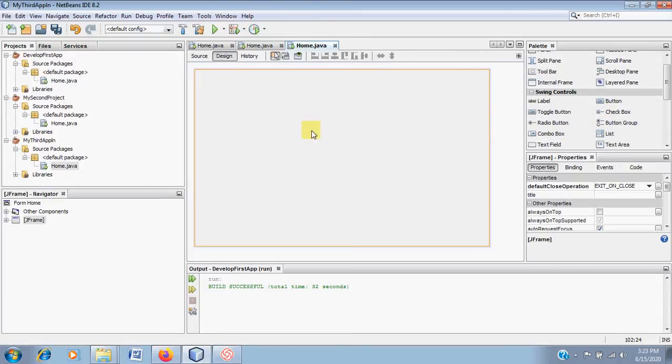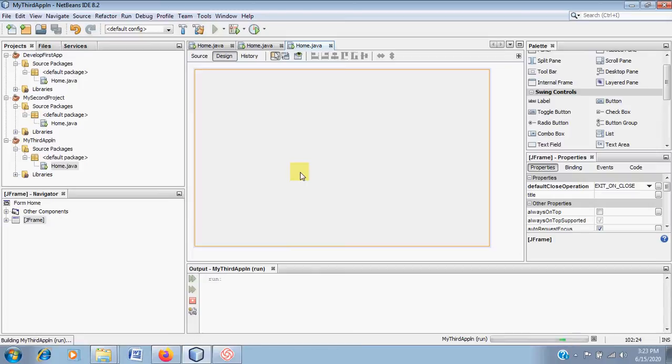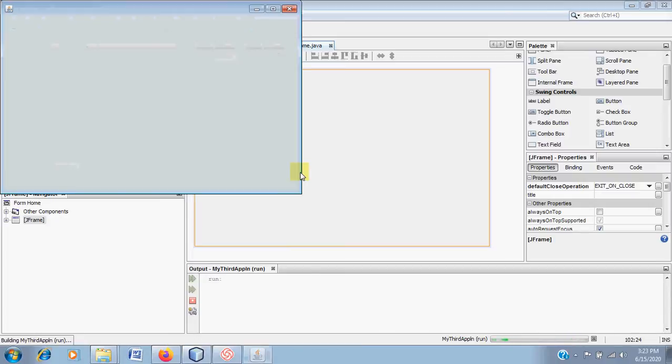on this frame here. Now when I run this program right now, it asks, do you want to run the home? Yes, click on OK, and you will find that it is going to give me a frame, a window which has nothing on it, and as you can see here, it has placed the window in the corner of the screen, but I want this particular window to appear in the center. So let us see how to design all these things in Java Swing.